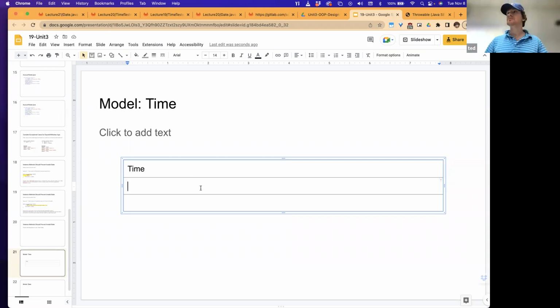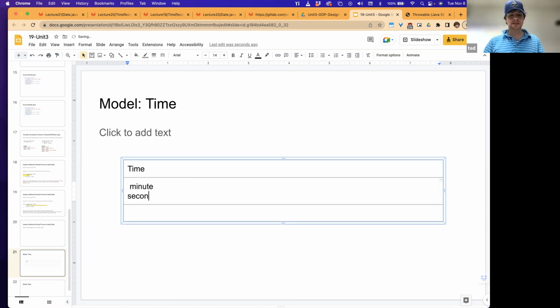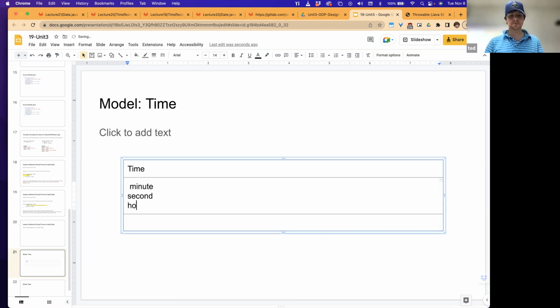That models minutes, seconds, and hours. Minutes, seconds, hours. So there's a concept that drives time that says we are in a given hour of the day, we are in a given minute of the day, and we're in a given second of the day. So does everyone agree that this is a